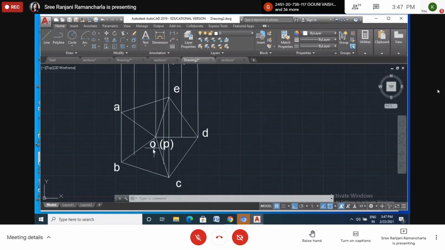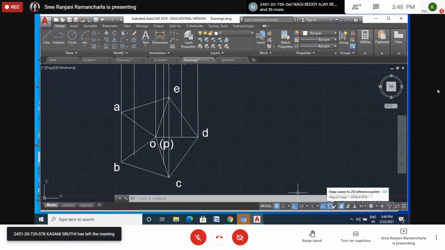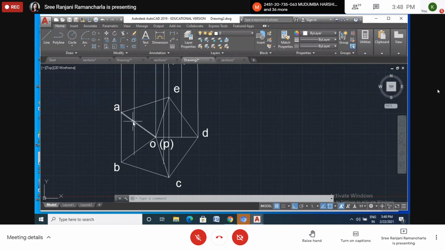Now join all these points. So this point, this point, this point, this point, this point. I don't want to draw the point here. I don't want to keep a point here because already these lines are intersection lines. It will show the intersection line. Use this option, this one, O snap. So it will show the intersection points. I don't want to draw the points by giving the point command. Okay.